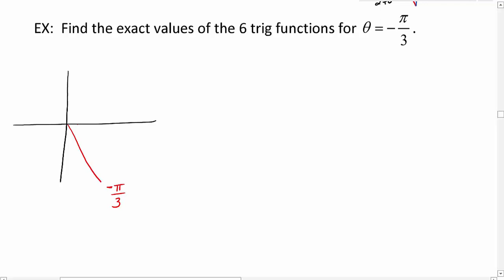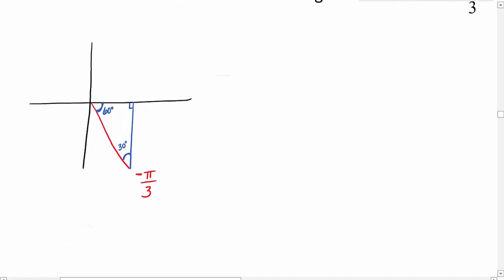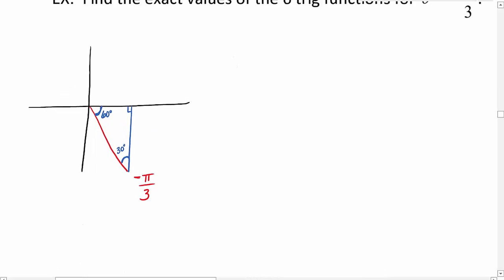So I'm going to drop my perpendicular to the x-axis. That angle of negative pi over 3 is the same as negative 60 degrees. So that tells us that our reference angle right here is 60 degrees, and that's going to make this angle 30 degrees. So here we have a 30, 60, 90 triangle,